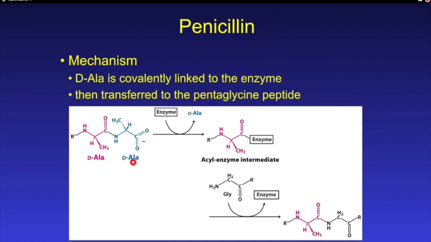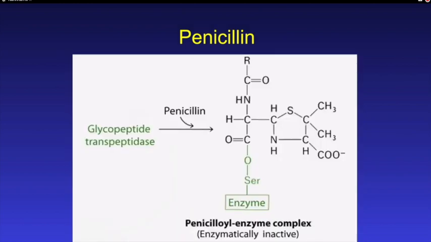What's going to happen is we're going to hijack the enzyme. The penicillin will bind to the enzyme that creates that link. It's called glycopeptide transpeptidase. It's a sugar that has a peptide, and I'm going to make a linkage between the peptides. This enzyme wants to bind two D-alanines. Got that? It will bind to the two D-alanines, react with it, throw off one D-alanine, and become covalently linked